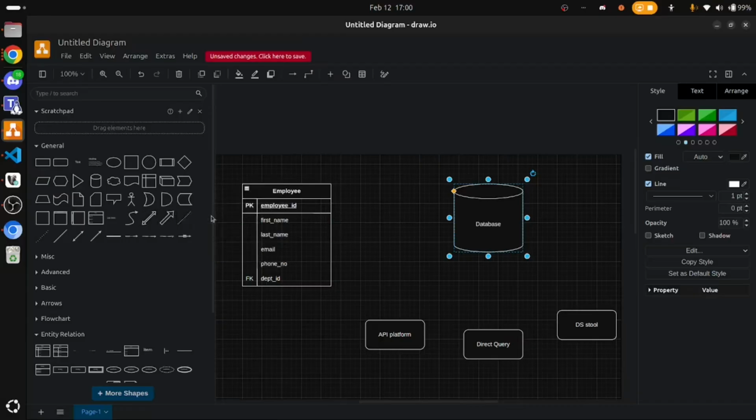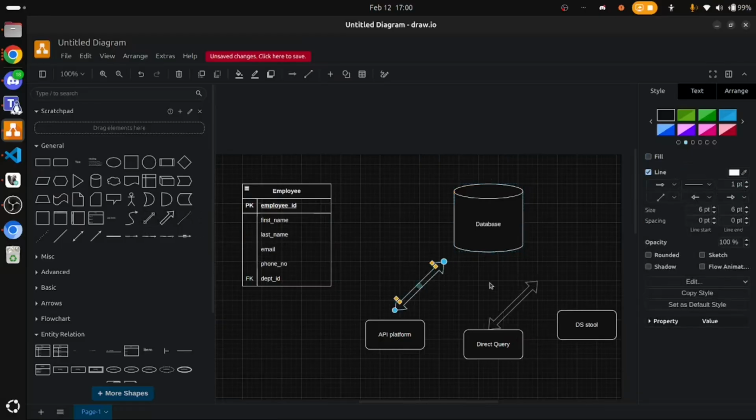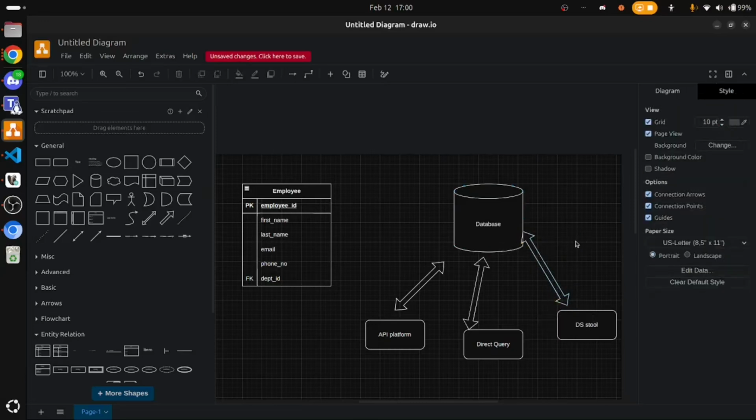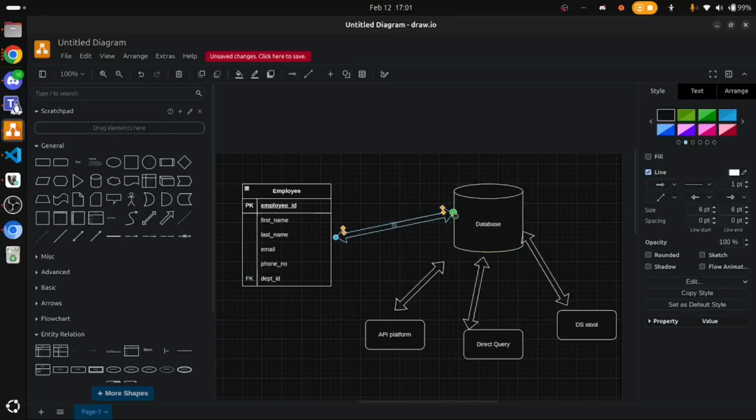So if I may create a relationship here, create those arrows. All these need data from the database, and the data is housed in the table in the database. So when the query comes in from either the REST API, the data science tool, or direct